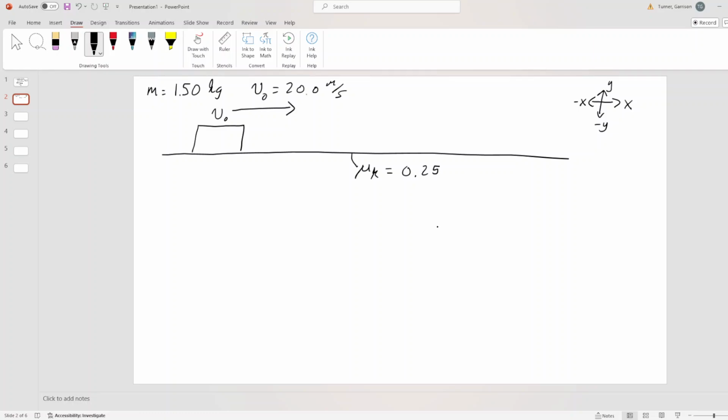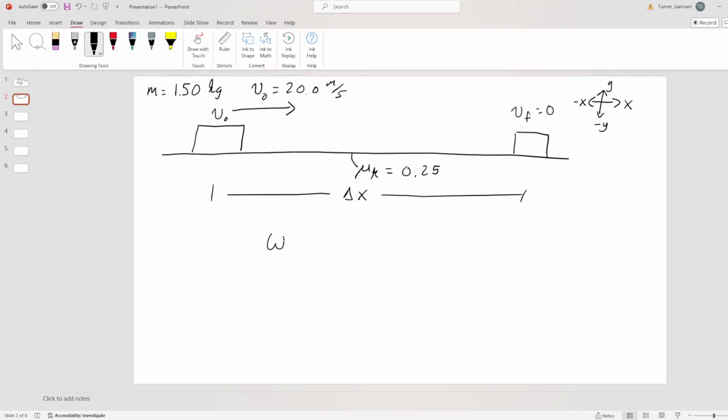Now here's the question. I want to use this concept of change in mechanical energy as the work done by my non-conservative force to find out how far the block will need to go for the final velocity to be 0. Now, obviously, we can do this from a Newton's law standpoint. We can calculate the frictional force acting on the block, and we would then be able to calculate the acceleration, and we could plug that into the third kinematic equation. So that's one way to go about this, but we want to do this directly from the